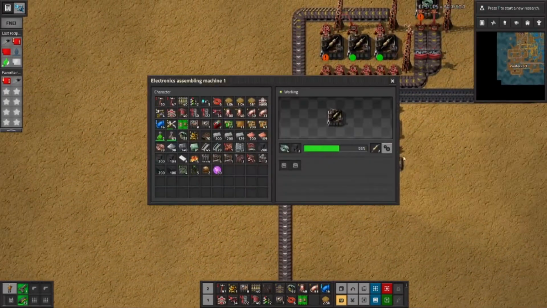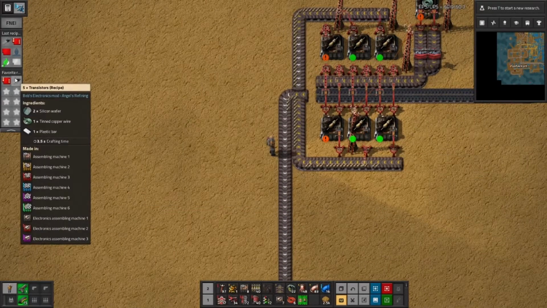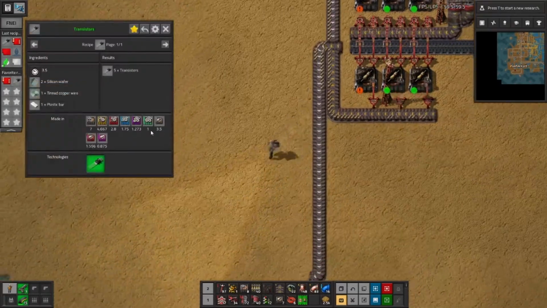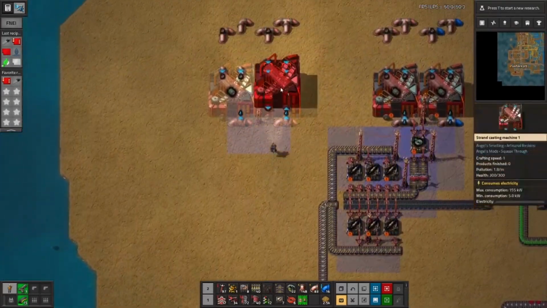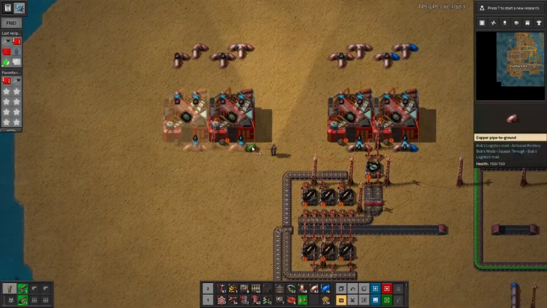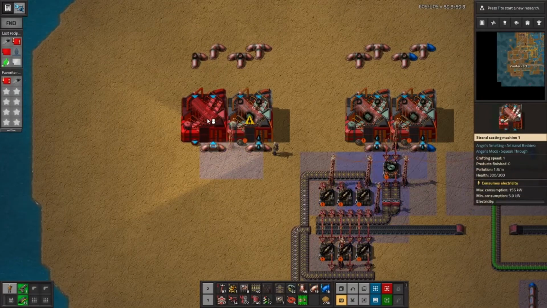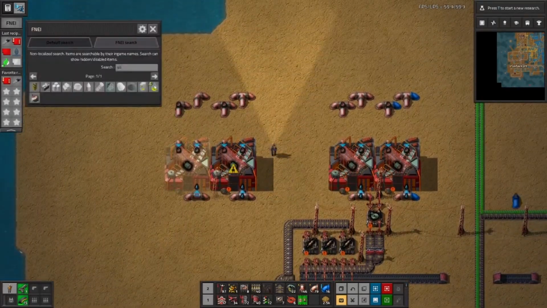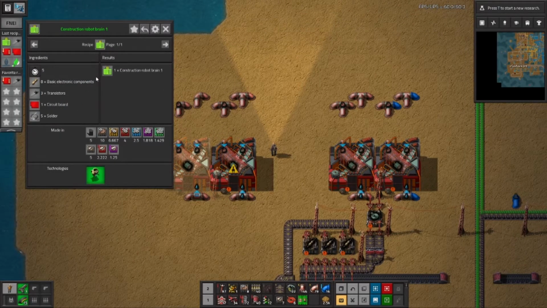My, what are they called? Just basic electric components? They are. Neat. That's going to give me my basic electric components, and that's good. Transistors, we go and get that tinned copper wire stuff real soon. The good news is once we're done with this, I think we can get construction robots, and then we just don't have to worry quite as much as we...